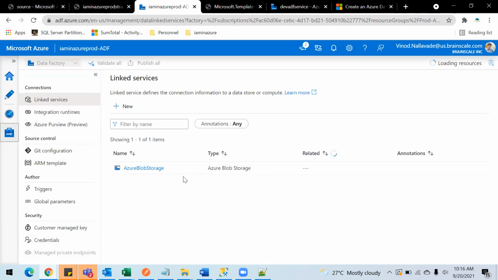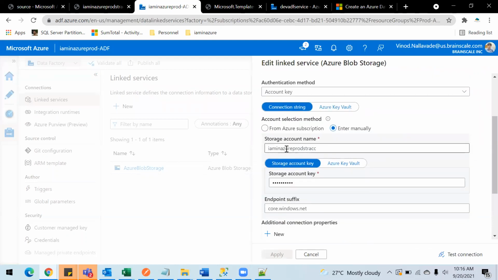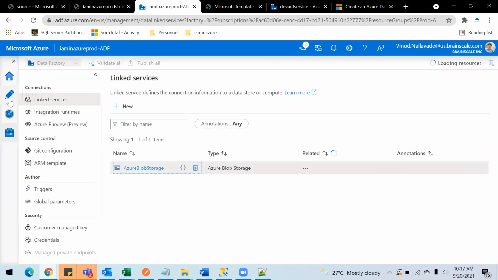This is your linked service, and it will have the new connection string, which is in Azure Prod. Now let's test this as well, just to make sure it is connecting properly. So the connection is successful.